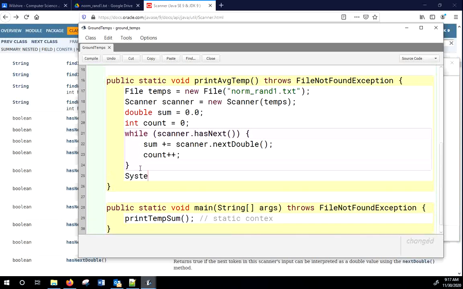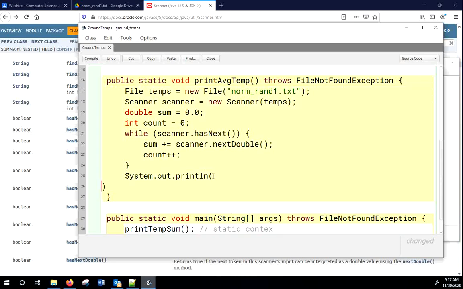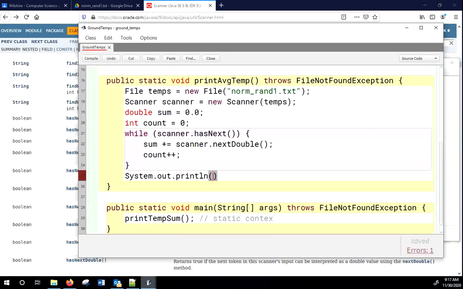And then we could just print this out. We could say system.out.println, the sum divided by the count. Now, but if I do that, then I won't get a very nice formatted string, right? And for an added challenge, I want us to make this into 2 decimals. Lots of different ways I could do that. I could do string.format inside here. I want to show that by review, and then I'm going to show you another way to do that. So I can say string.format,